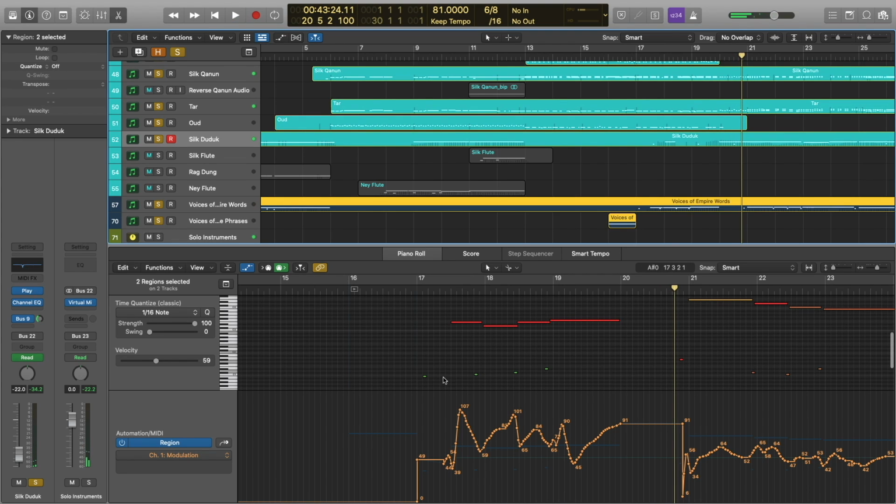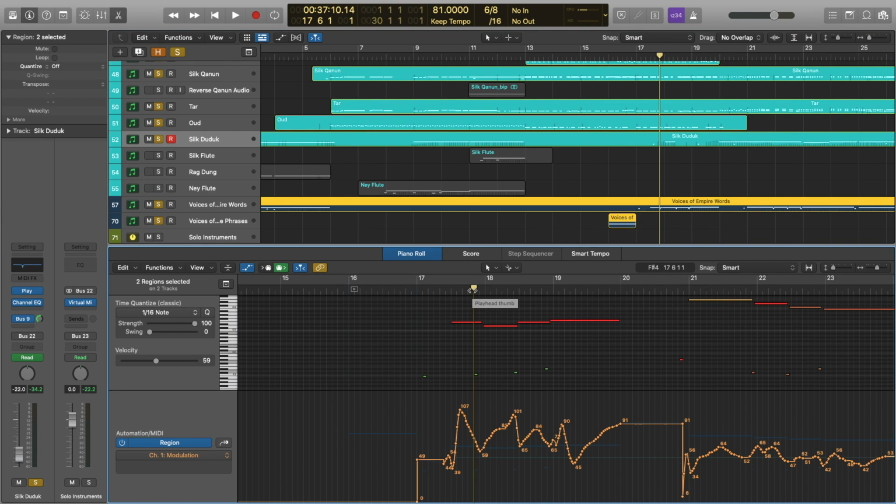Once again, there's some key switch programming, just switching up the words. I happened to find one that really fit well with that one little line right here. It just follows the violin, and that was just a happy coincidence.